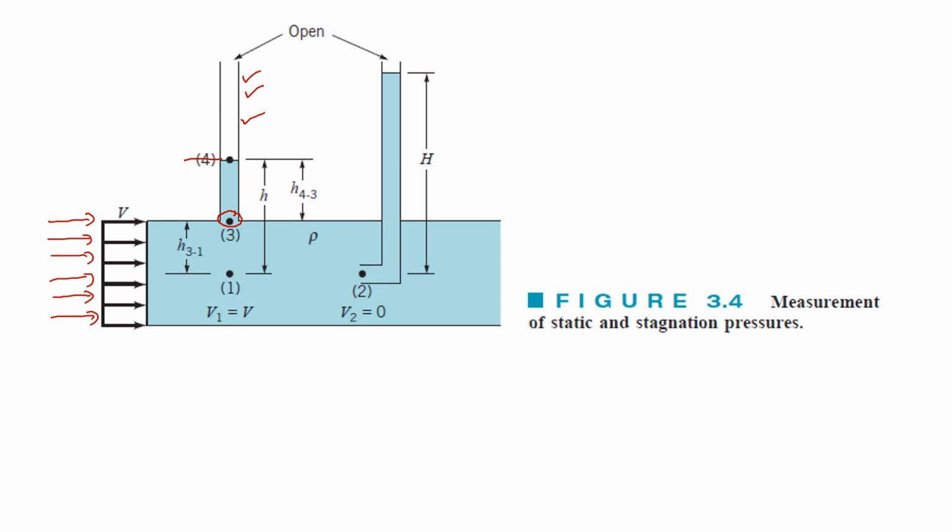Now for my dynamic pressure, what I am going to use is I am going to use this pitot tube. This is the pitot tube, or pitostatic tube as they call this. So when I place this pitot tube in the stream, in the flow stream, remember that the fluid is still flowing here. So when I place this pitot tube upstream to this flow, means that its inlet is upstream to this flow. This is the inlet of this pitostatic tube. This is the inlet, and then this inlet is upstream to this fluid flowing,